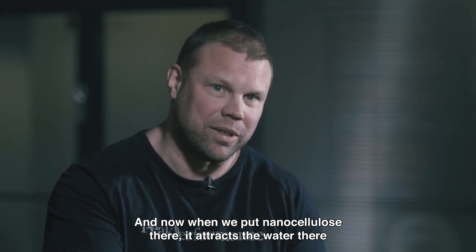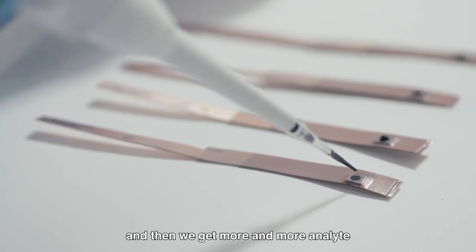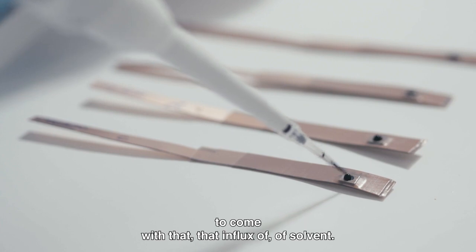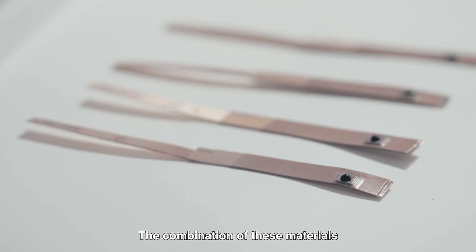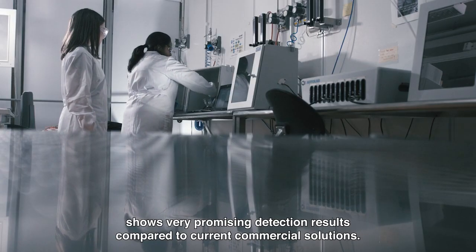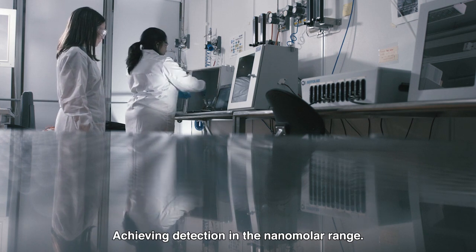And now when we put nanocellulose there, it attracts water there. And then we get more and more analyte to come with that influx of solvent. The combination of these materials shows very promising detection results compared to current commercial solutions, achieving detection in the nanomolar